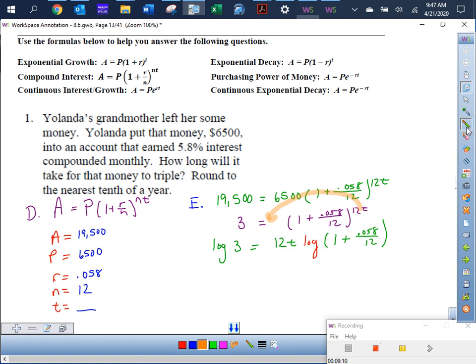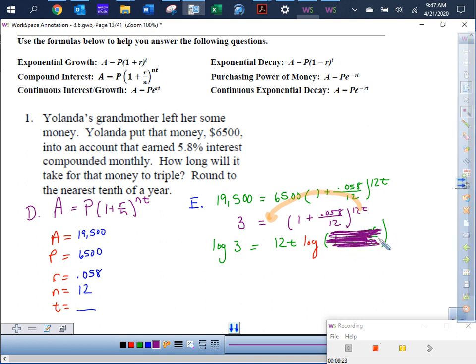And what we have to learn, this is one of the tougher ones, is this stuff in parentheses, we just have to treat it like you take a blind eye to it, like you really can't see it. If you look, you just have one term over here, and one term over here. All of this stuff is being multiplied together. So if we're trying to solve for t, and all this stuff is being multiplied together,